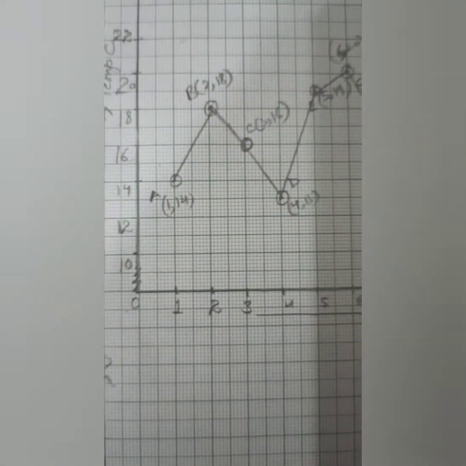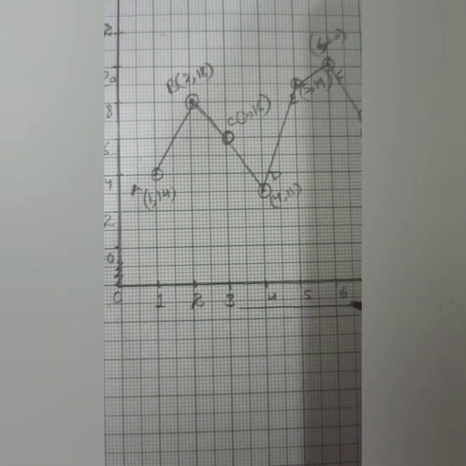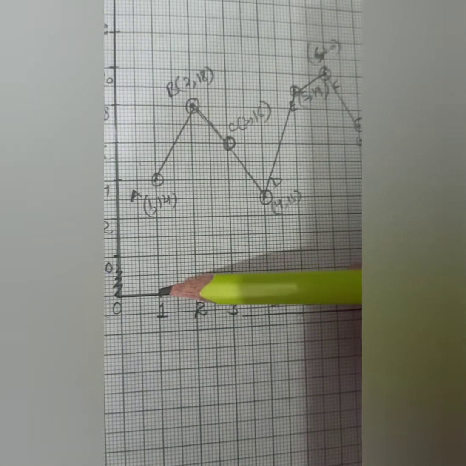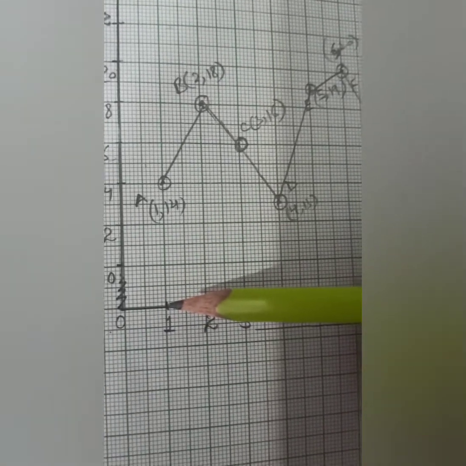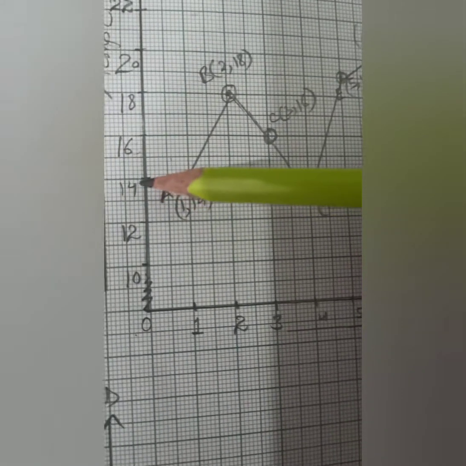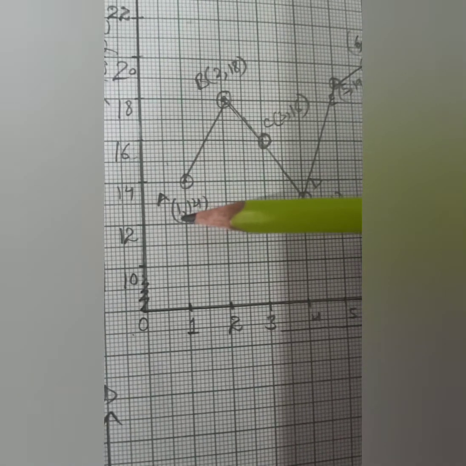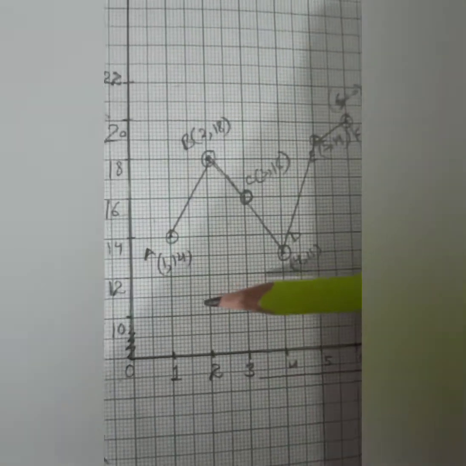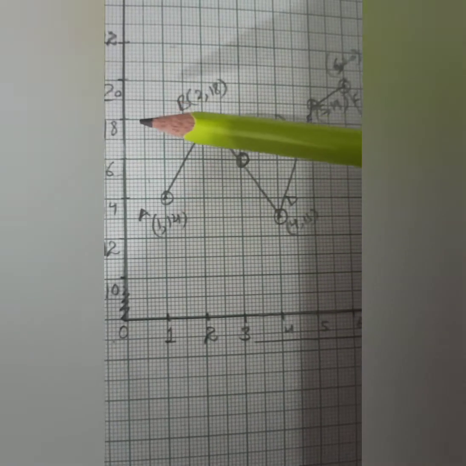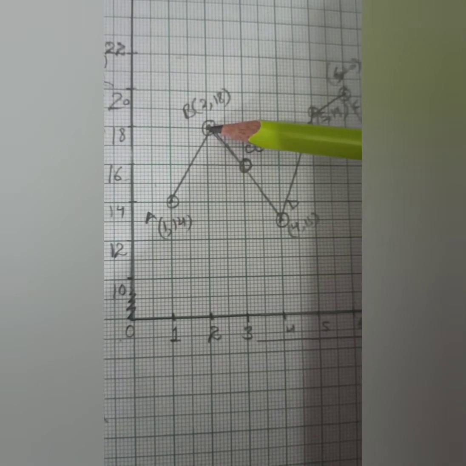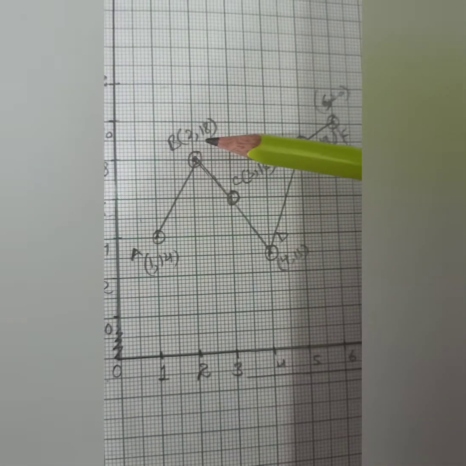Dear children, here the first day's temperature, along the x-axis there is the number of days, so for the first day, 1, there is a temperature of 14 degrees Celsius. So I have marked 1 along the x-axis and I need to take 14 degrees Celsius along the y-axis. Here I have written point A. The coordinate is (1, 14), right? See the next coordinate, the temperature on the second day, that is 18 degrees Celsius. It is 18 degrees Celsius on the second day, so draw it like that. The coordinate I have written is B (2, 18).